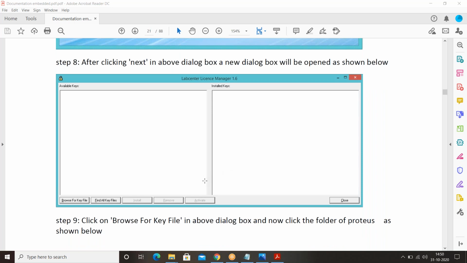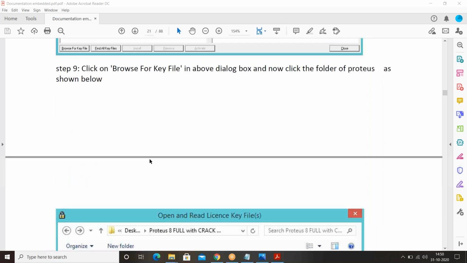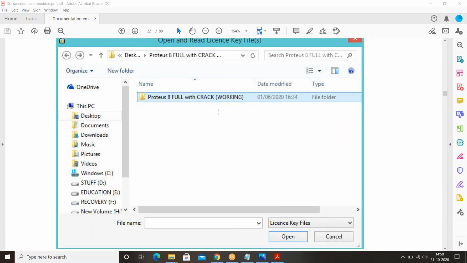Here, browse for key files. Click on this browse for key files, and it will show you a page like this.